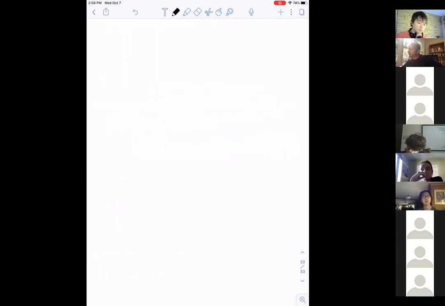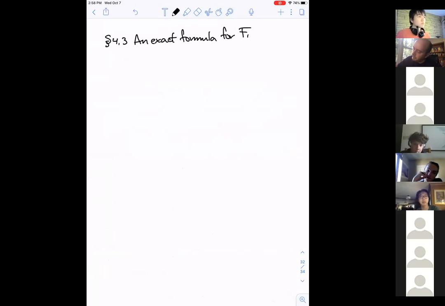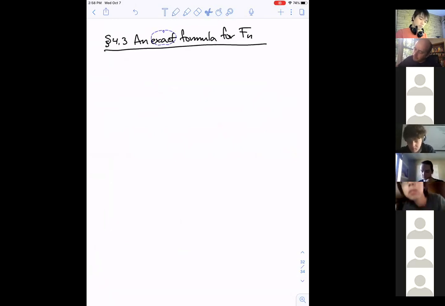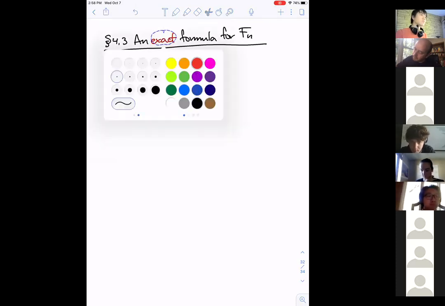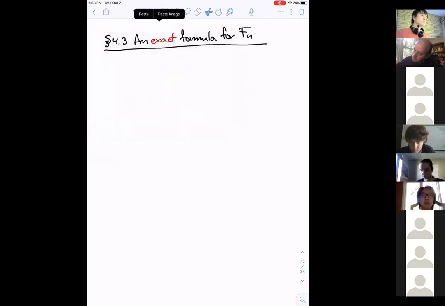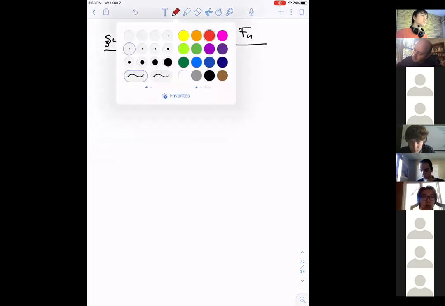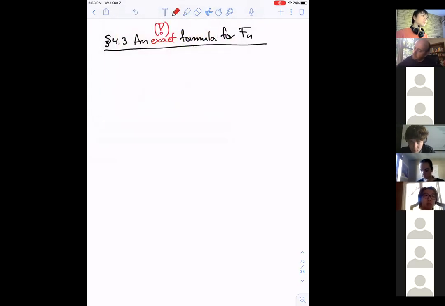And so let's just, where's my precise statement? Okay, yeah. So let's move on to section 4.3, which is an exact formula for the Fibonacci number. And this is maybe a little bit surprising, that you can come up with an exact formula. Let me emphasize that by putting a little exclamation. Can't write in red. Okay, so